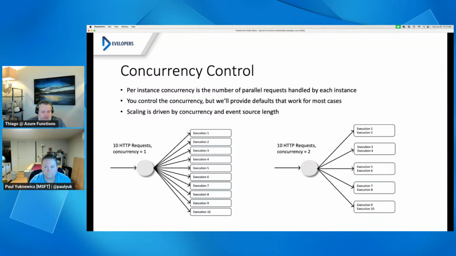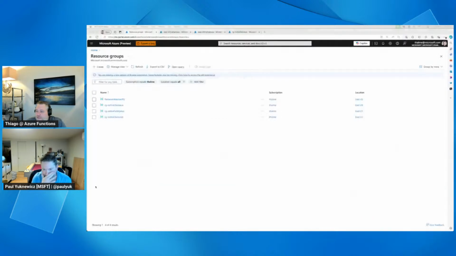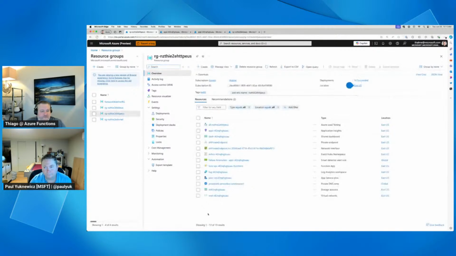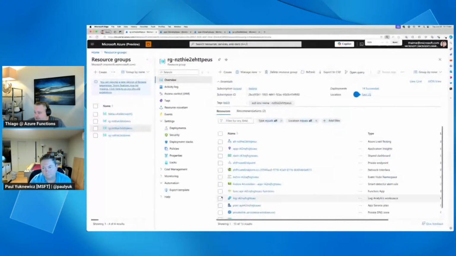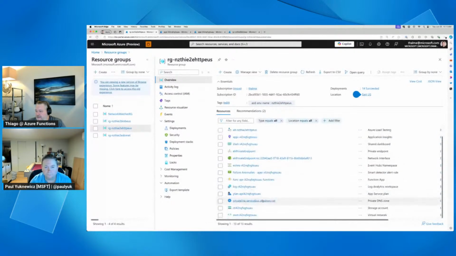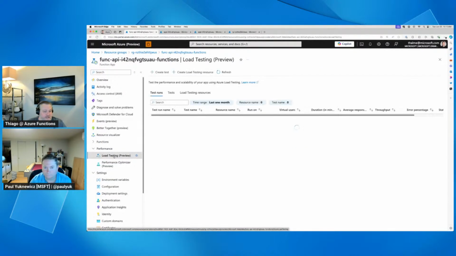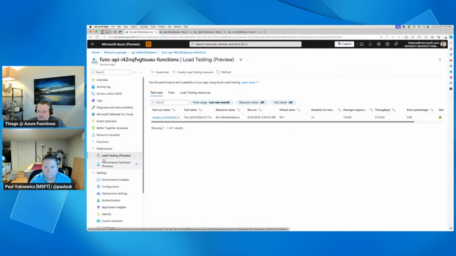So one thing I wanted to show here is we have a demo, and that demo basically has a function app, a Flex Consumption app here, and an event hub that is behind a VNet. And what I wanted to show you is one of the things that Paul called out before, called the load testing integration. So there are 2 features here.